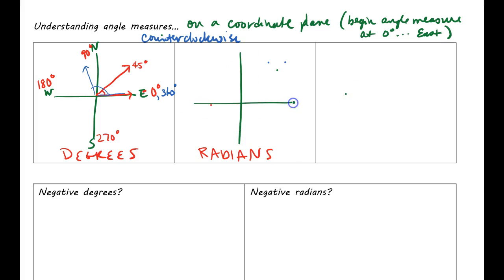Now, since we have to measure angles beginning in the east, this is still 0, but I'm not going to write the degree symbol on it because we're not doing degrees, we're doing something called radians. And what a radian is, this is actually really cool. Radians are measuring the angle on the inside, but it's almost a comparison of the circumference of the circle to the angle that's in the middle, like to the radius. So your teacher's going to give you an exact definition, but basically it's almost like using perimeter around the circle or circumference to label the angle that's in here.